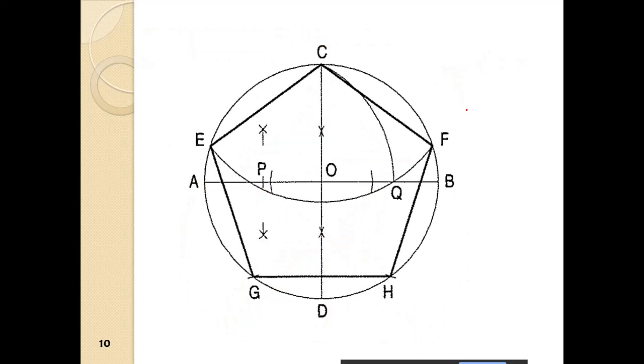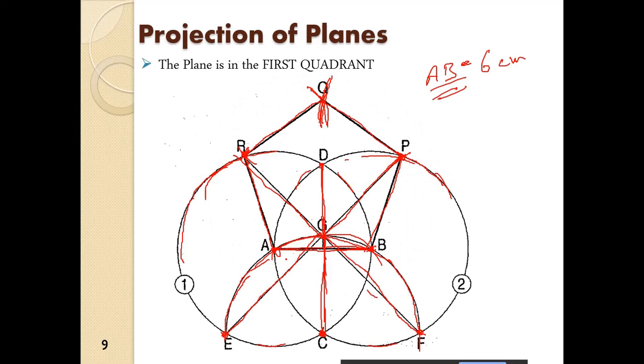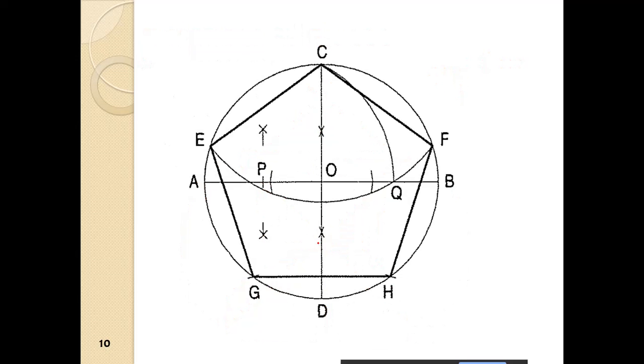Then in some question it may be given, inscribe the pentagon within a particular circle. So the diameter of the circle or the radius of the circle may be given, so we have to inscribe the pentagon within the circle. So here the edge of the pentagon was given, and here we are given a circle with a particular diameter or radius, and we have to inscribe the pentagon within the circle. So first of all we draw the circle,